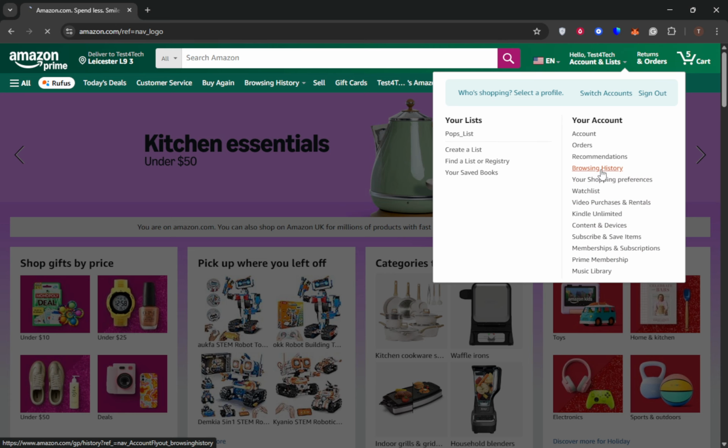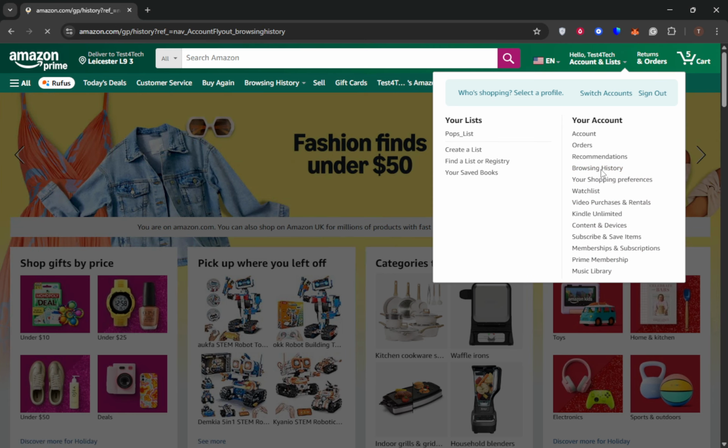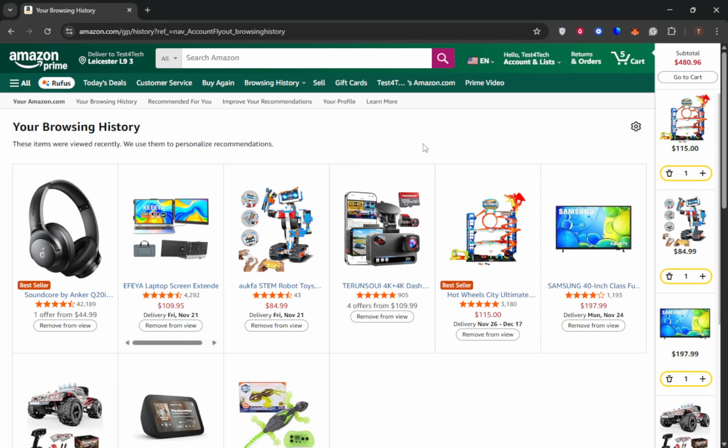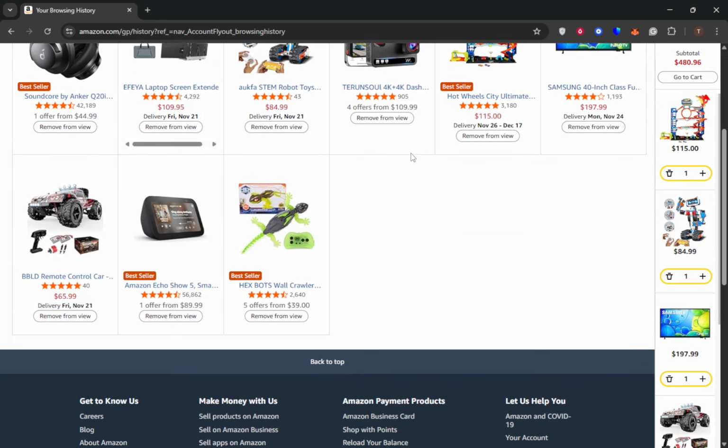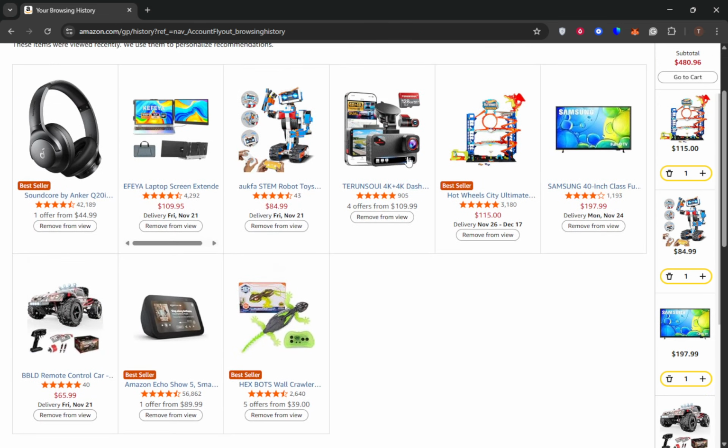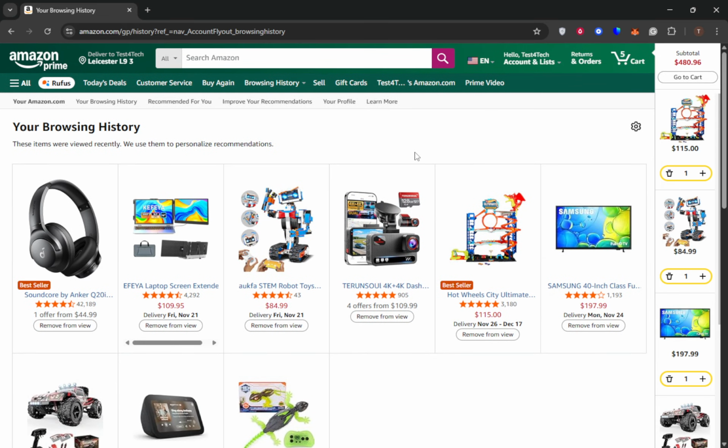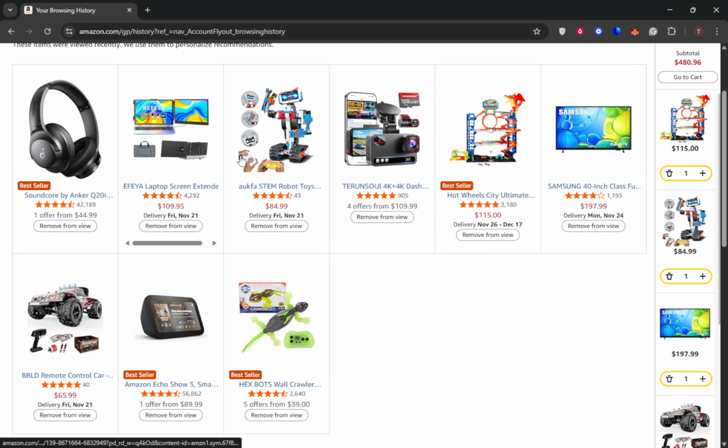By doing so, you'll be directed to a page that displays all the items you've recently viewed. This can include products you've checked out, pages you've navigated to, and more. It's a handy feature if you want to quickly find something you previously saw without searching for it all over again. Now that you know how to find your browsing history, let's move on to how you can clear or